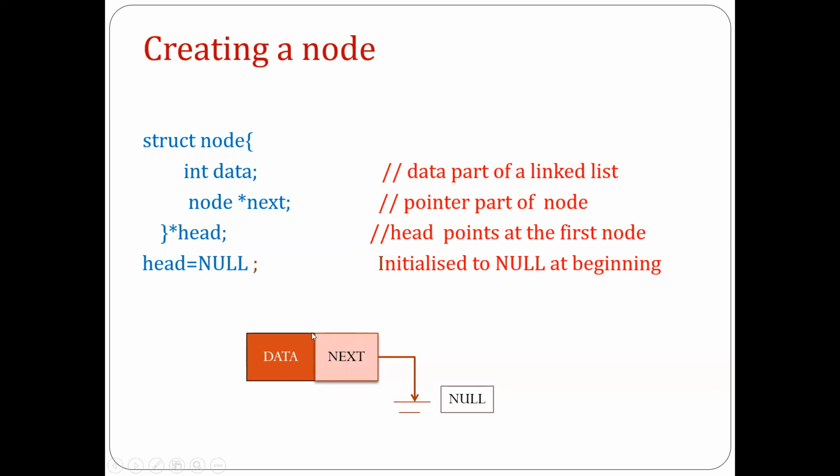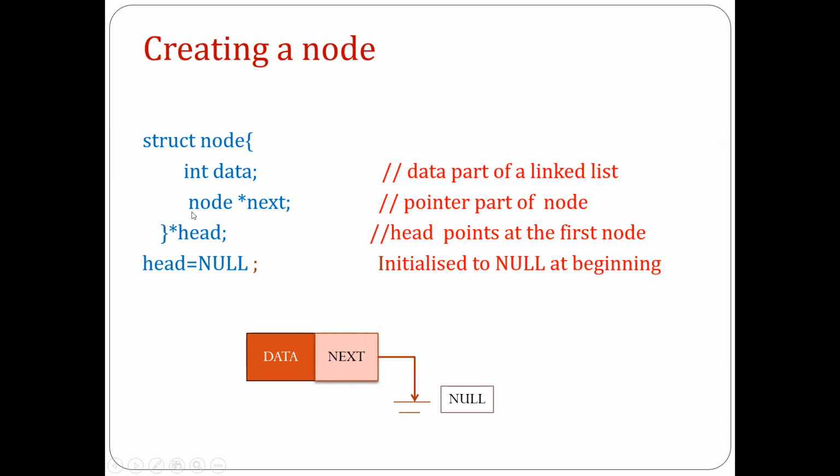So first we have to write a structure for the node. I have written the structure with the struct keyword. Then the name I have given is node. You can give any other name also. But as we are saying, linked list is nothing but the collection of nodes, so I'm giving the name node here. Then I have taken one data field, that is the integer data. As per your requirement, you can take more number of data fields also. But the address field should be one in case of the single linked list.